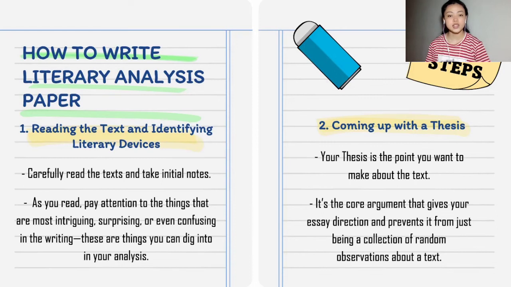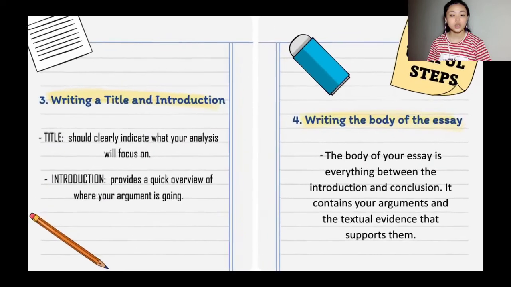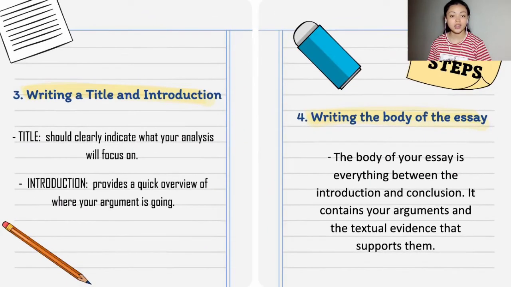So your thesis should be something arguable, that is something that you think is true about the text. It must be complex enough to develop true evidence and arguments across the course of your paper. Remember that you can revise your thesis statement throughout the writing process, so it doesn't need to be perfectly formulated at this stage. The aim is to keep you focused as you analyze the text.